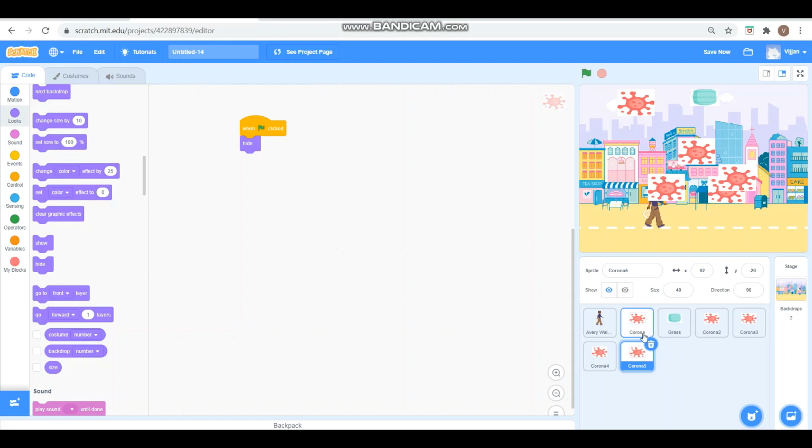Because let's say after 1 or 2 days you see that there is a bug in the code. In this sprite's code, there is a bug. Then you have to change it in all these places, right? And let's say you have 100 copies of this. Then you have to change it in all the 100 places. It will be a mess then.